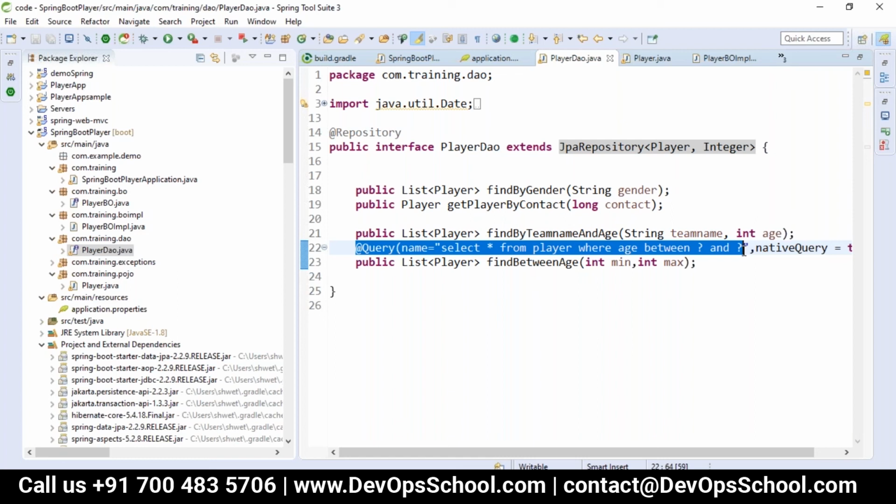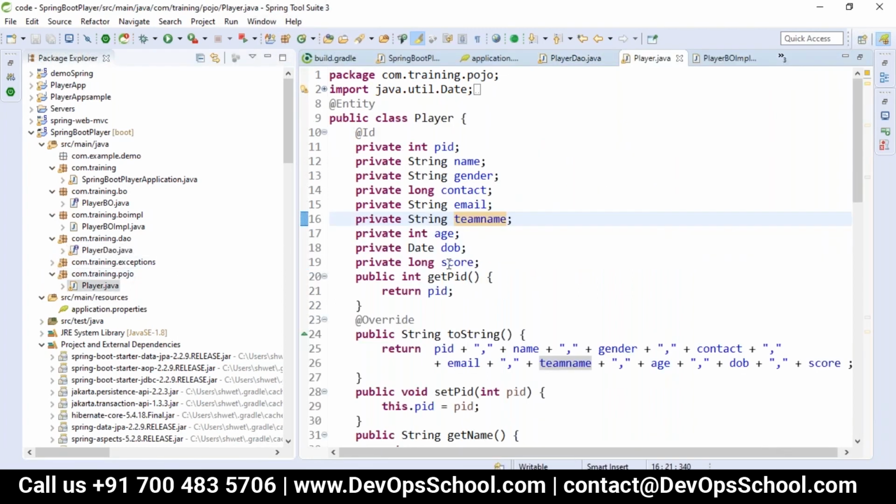If you want data from multiple tables, in that case, you write a different interface, is it? How do you do it? If you're talking with respect to Hibernate, we provide the relationships in the construction of entities. Based on that, we have eager loading and lazy loading. If it is eager loading, if you retrieve a player, it automatically retrieves all the other data also.